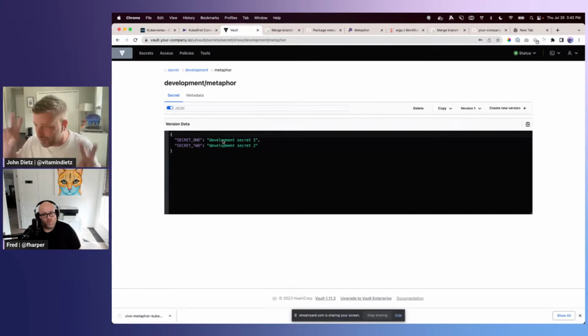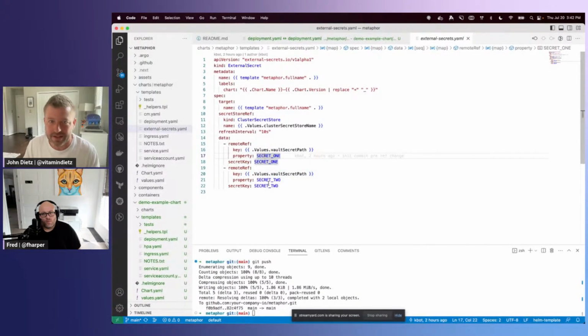We have these two quote-unquote secrets, development secret 1 and development secret 2, for the values of secret 1 and secret 2. And that directly binds to secret 1 and secret 2 here for the properties, and it's going to create secret keys in our secret of secret 1 and secret 2. And that's what shows up in Kubernetes. And that's what we have the metaphor application depending upon: the Kubernetes secret, not the secret that's in Vault.